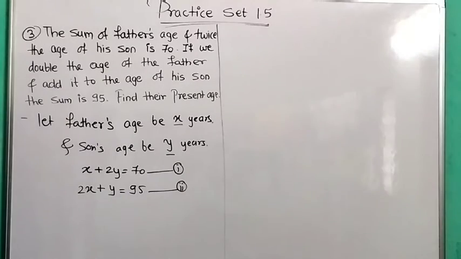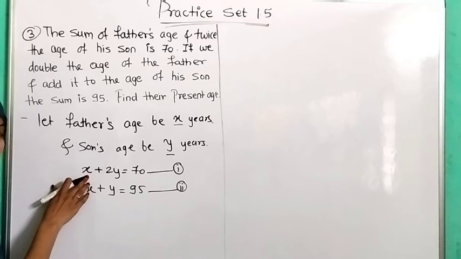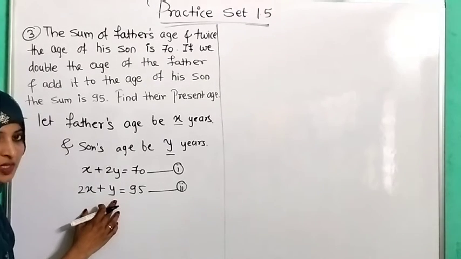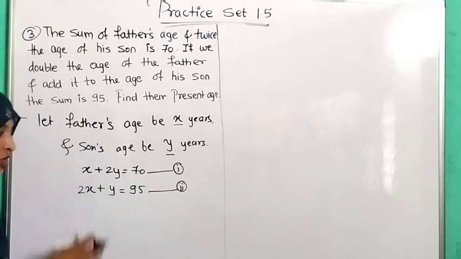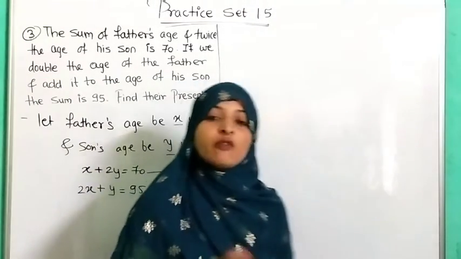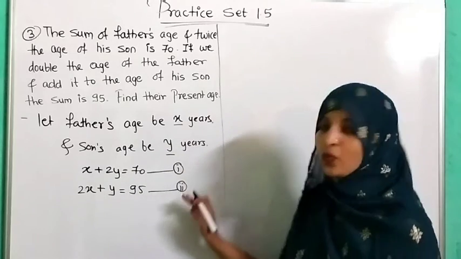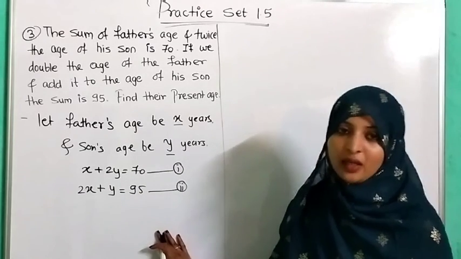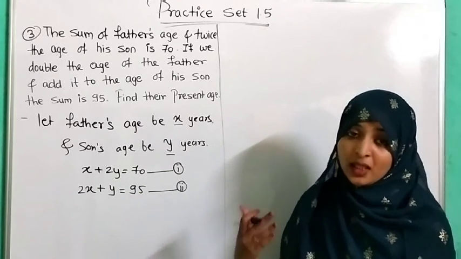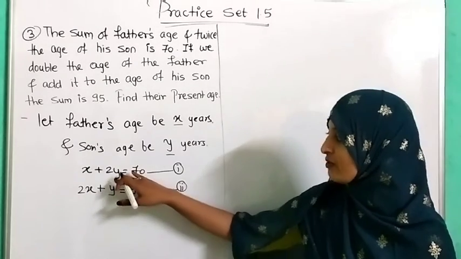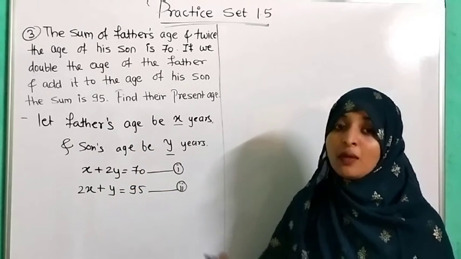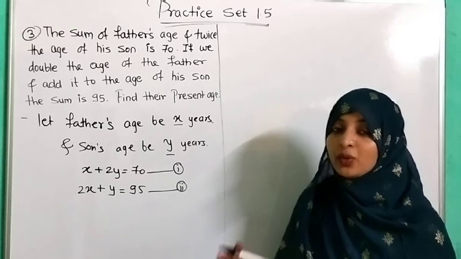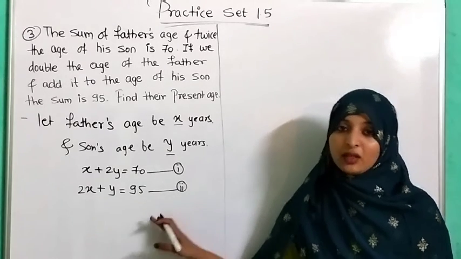Now, if we observe the equations, we come to know that here the x is single and the y is double in one, and here the y is single and x is double. In this situation, first of all, we are going to add equations 1 and 2 to get equation number 3. Then in the second condition, we are going to subtract both equations and get the fourth equation. Means the main equations we are going to get by adding and subtracting the equations.